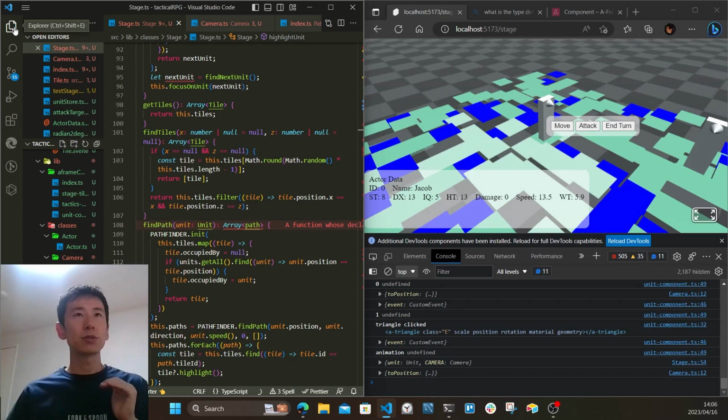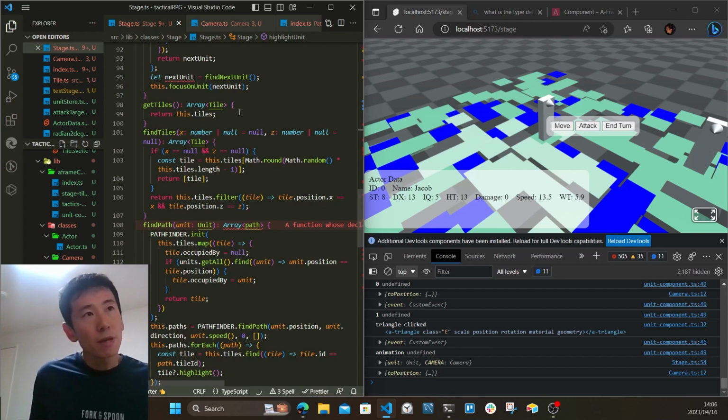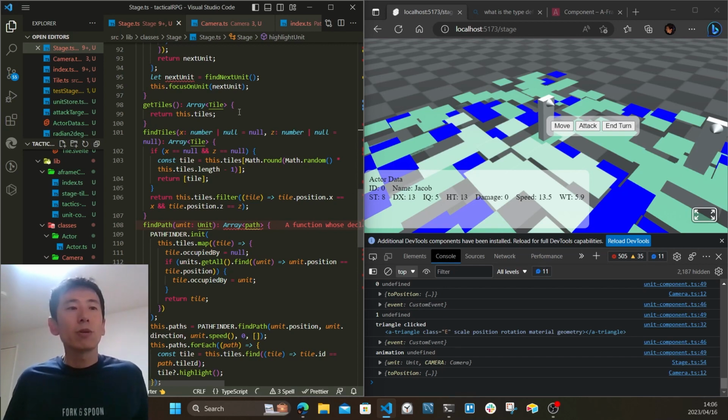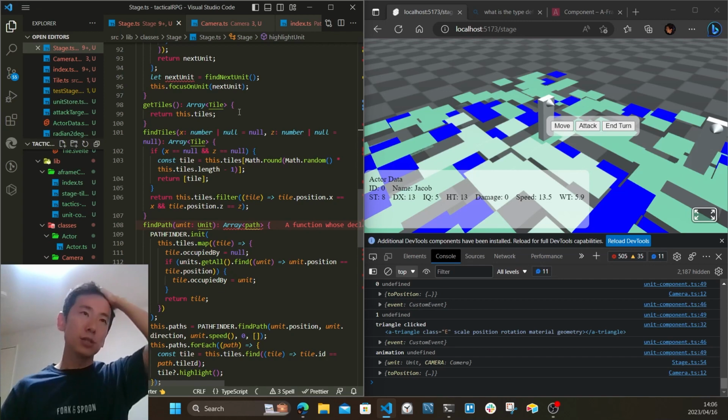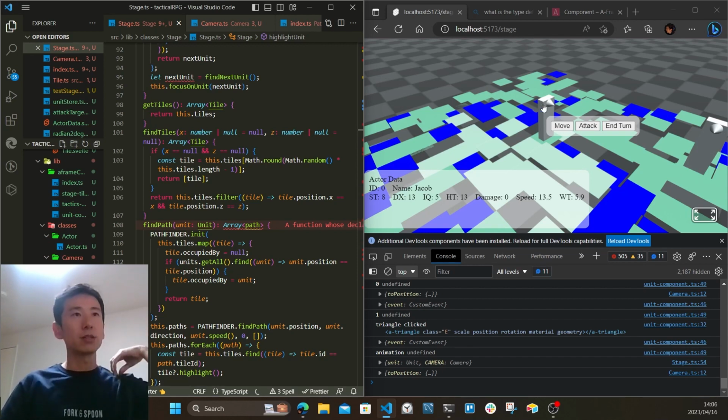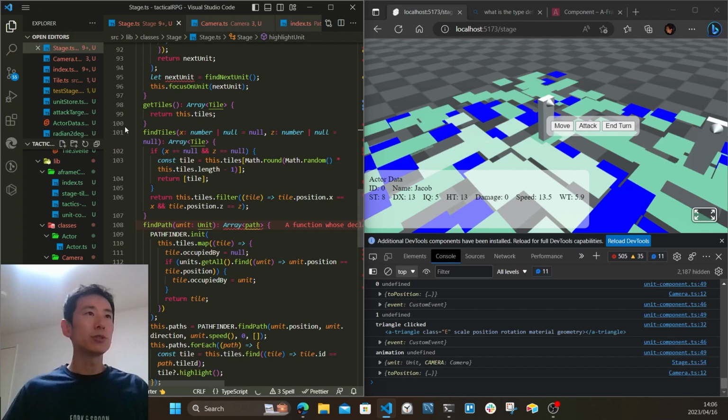So the unit focus is what we've been dealing with, but then we need a different concept that's called unit in turn. So whatever we make actions with should go to the unit in turn, and the unit on focus should be something different. Right now we are only using unit on focus, so that kind of complicates everything. So I'm just going to introduce a new